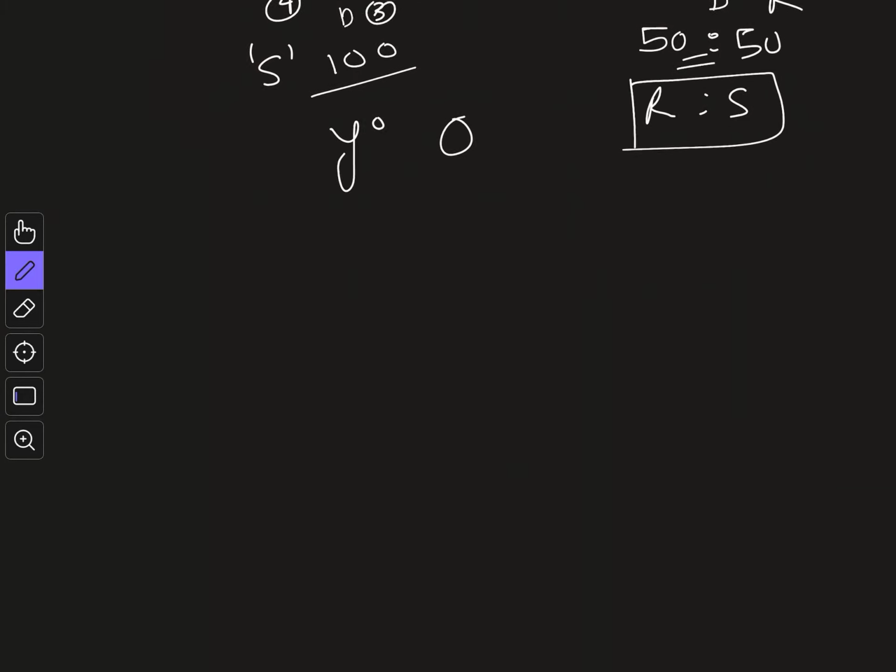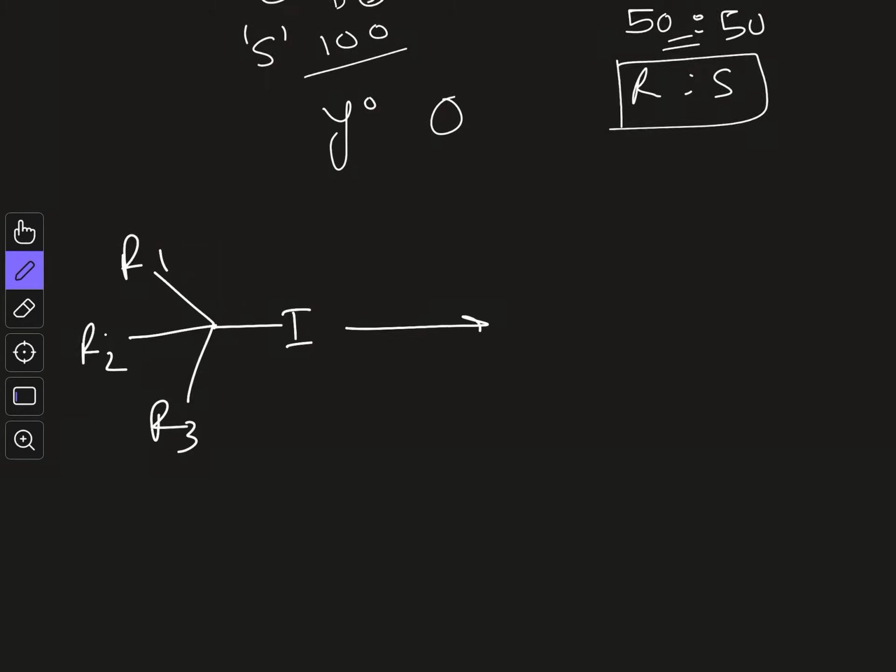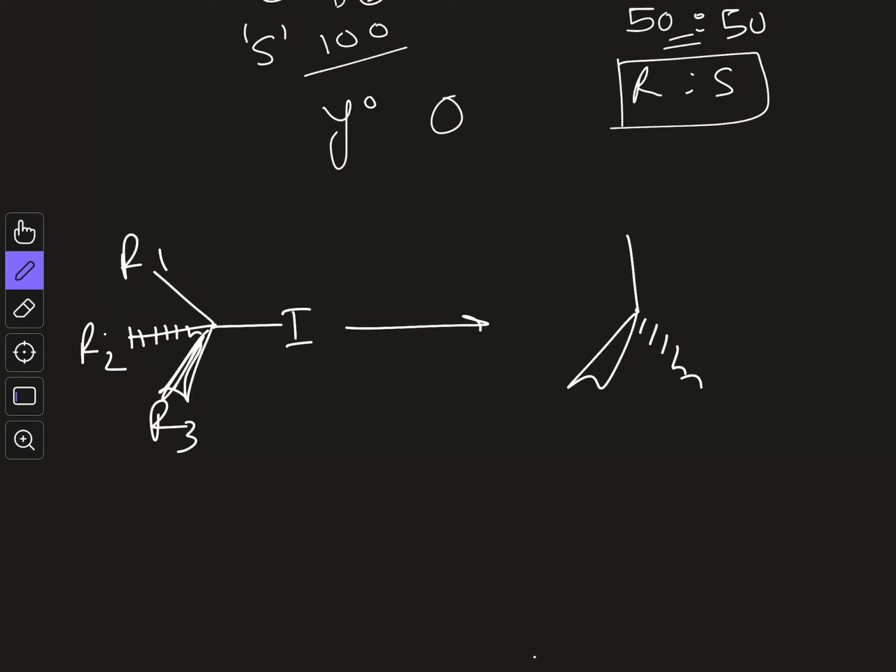Now what about the case of SN1? And as you might expect, if you have three different R groups, let's say R1, R2 and R3, and this is your iodide substrate. So let's say it is undergoing SN1 reaction. So we have to draw the proper stereochemical representation like this. You will know that in the intermediate it will form a carbocation which is planar and it does not have any chirality. So this is planar and it does not have any chirality.